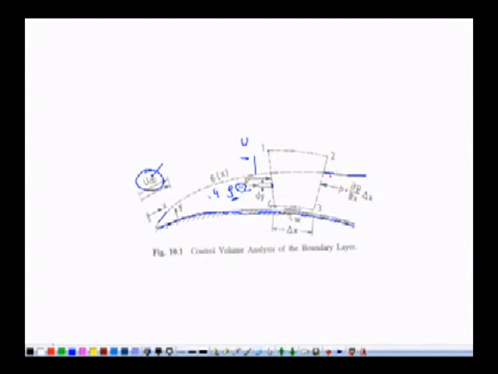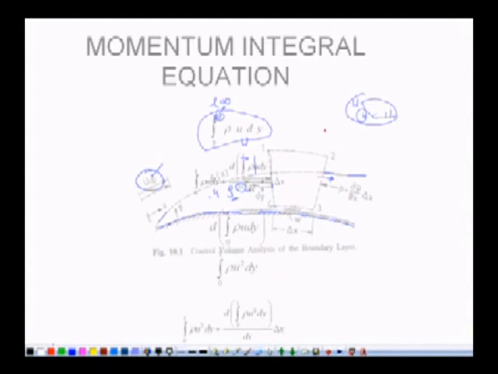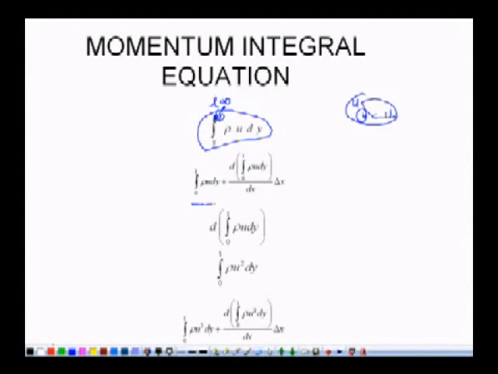This is the mass flow rate going inside the control volume through face 1, 4. Similarly, we can find out the mass flow rate going outside the control volume through face 2, 3 with the same approach, but we have to use the concept of Taylor's expansion series. So with the help of Taylor's series, we can write the mass flow rate going outside the control volume through that right face. This is the mass flow rate going outside the control volume, this is the mass flow rate going inside the control volume through face